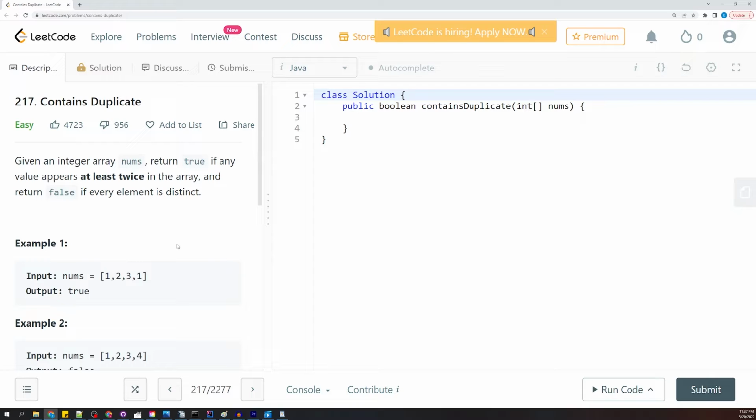In fact, it was a hash map problem that allowed me to get my current position. But hash maps may not always be the best way, and we'll see why. Okay, so let's look at this. If we're looking at an example here,